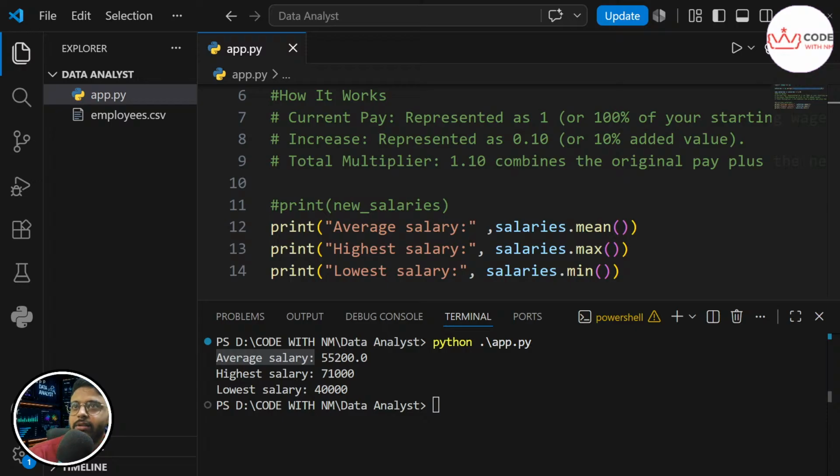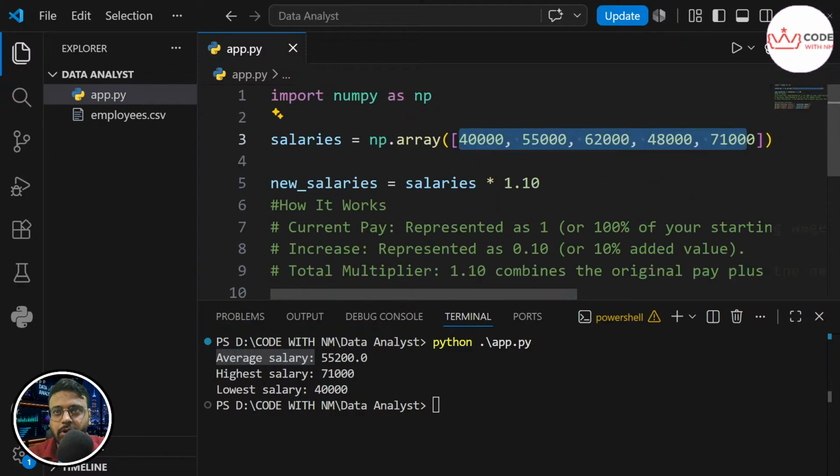Before jumping onto the next topic, I will tell you the common mistakes beginners might make. I'm saying might, you are all smart enough, but let me cover those points too. First, trying to do salary into 1.10, I'm talking about line number 5, on a normal Python list. This doesn't multiply each value, it actually repeats the list, causing an error since 1.10 isn't a whole number for the list.